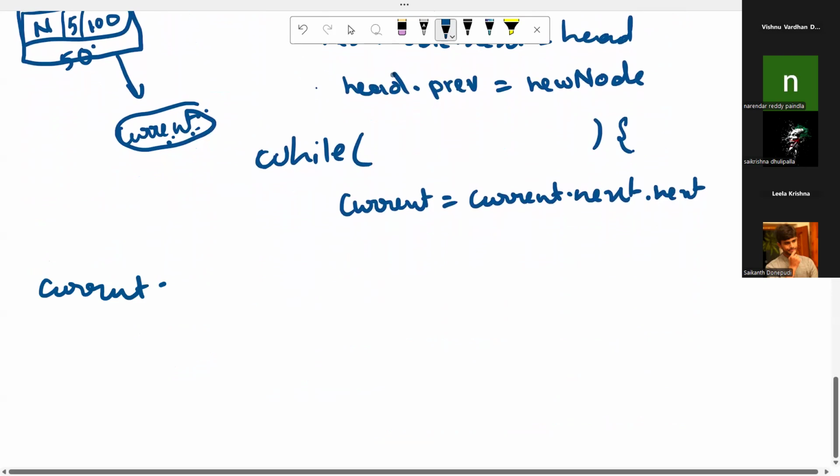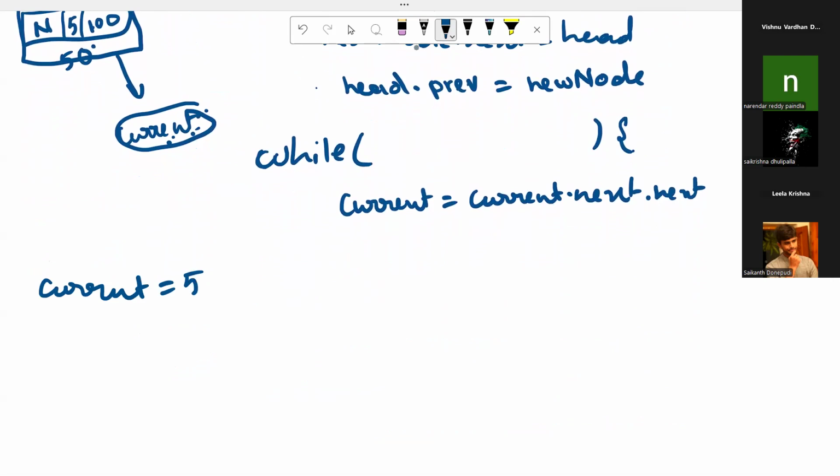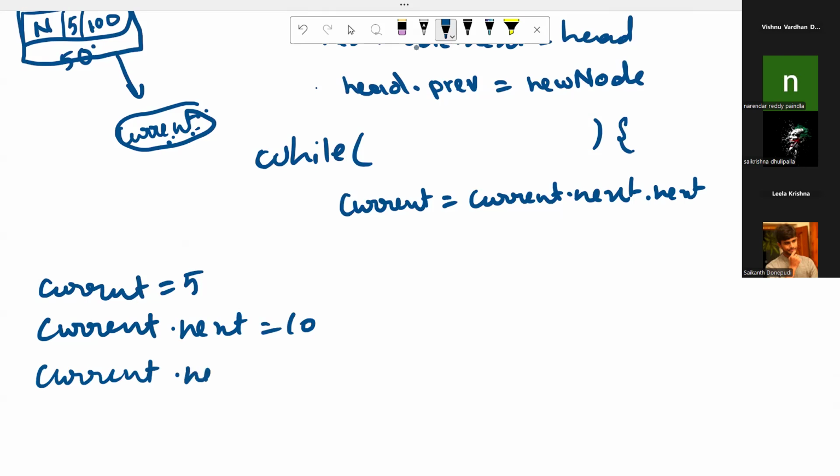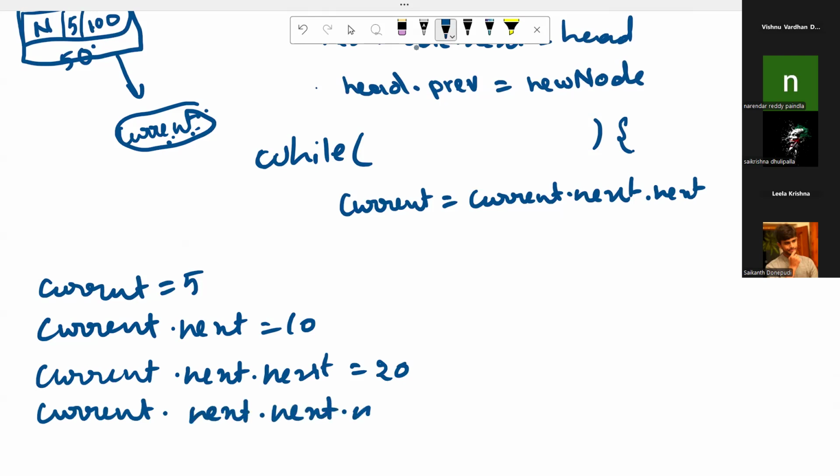If I write current dot next, what is the current value? 5. What is current dot next? 10. Current dot next dot next means we will get 20, right? Current dot next dot next dot next means we will get 30 because